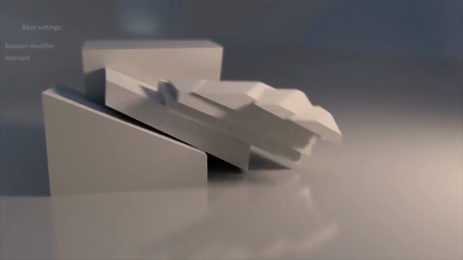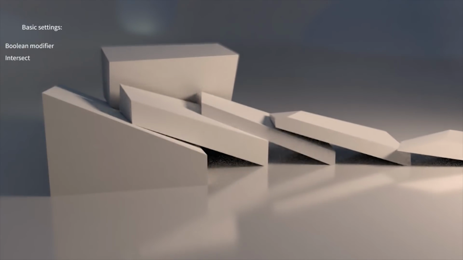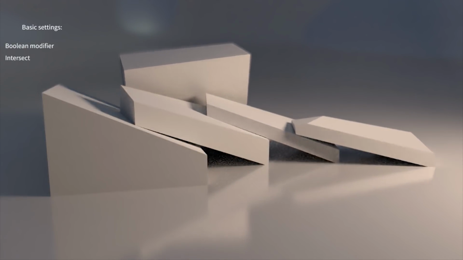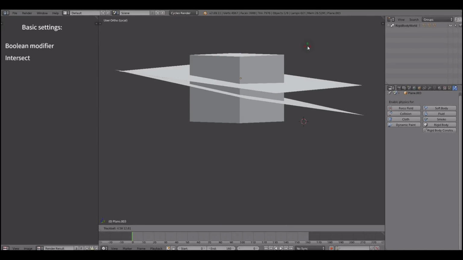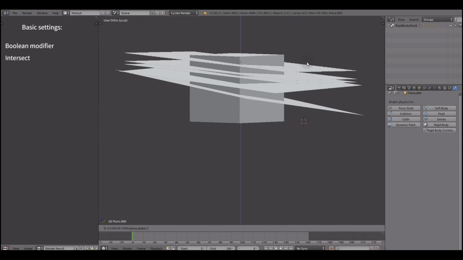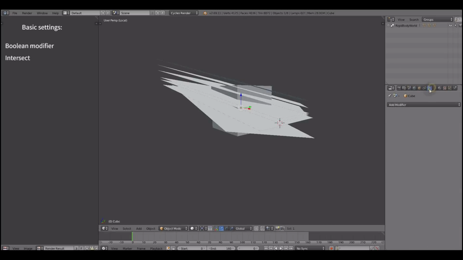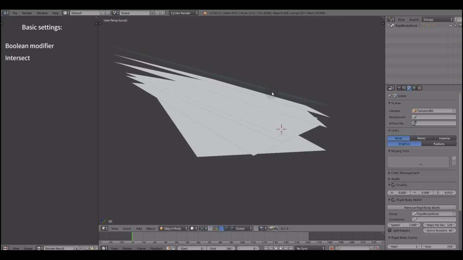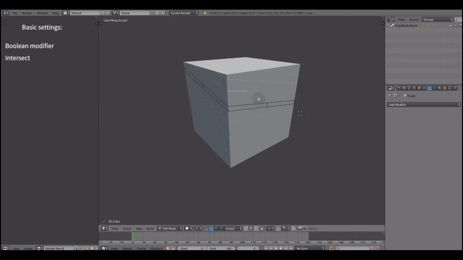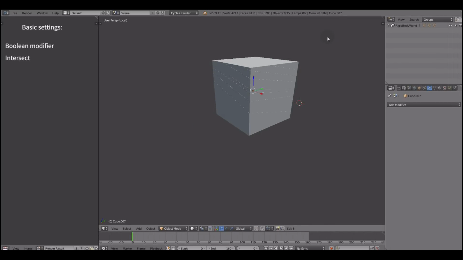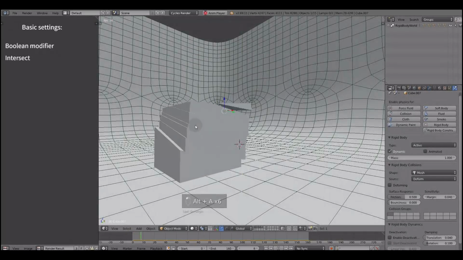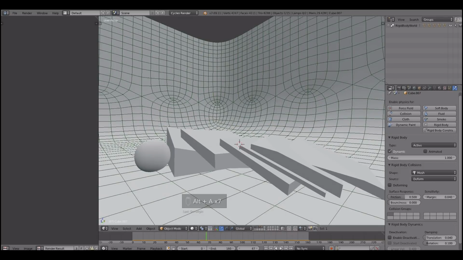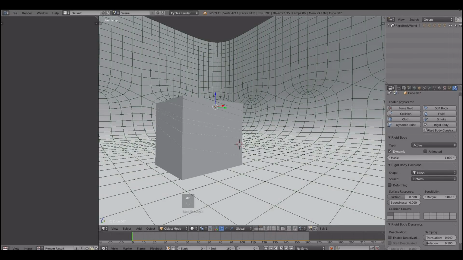Okay, let's move to the Boolean modifier technique. It's not even a technique at all, because it's too easy, you know. Create some planes, or actually this isn't planes, this is more like boxes because they have thickness. Join them together and then use a Boolean modifier to subtract them from the cube. Use the difference mode. As you can see, our chunks got separated, and when we just activate physics and make